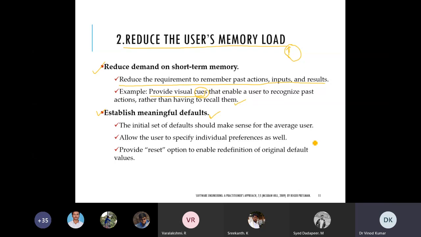Pen is there. Sometimes we close some windows, we customize, we resize.